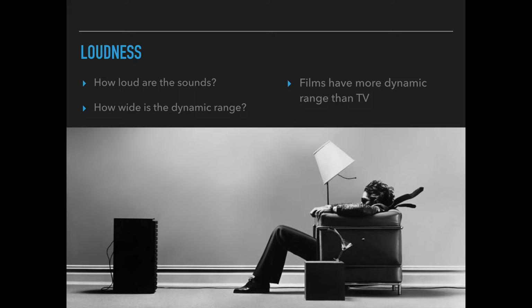So generally speaking, films have more dynamic range than TV, although we are getting to the point now where, beginning with streaming services starting to have their own original content a few years back, we're having more and more of these theatrical type releases coming straight into our living rooms. And the technology and the cost of fancier home sound systems have decreased, so we're better equipped to have more dynamic range in the house. But let's take an example.